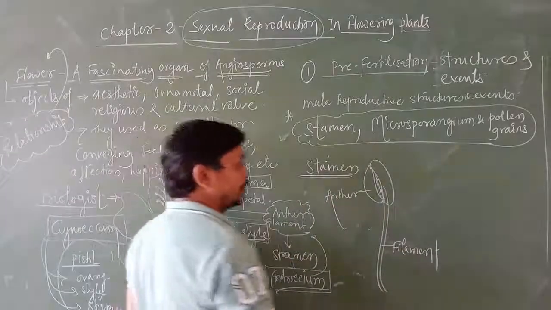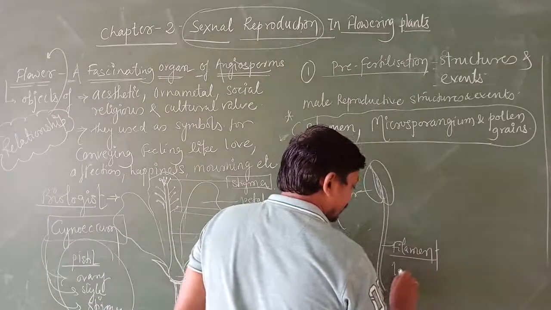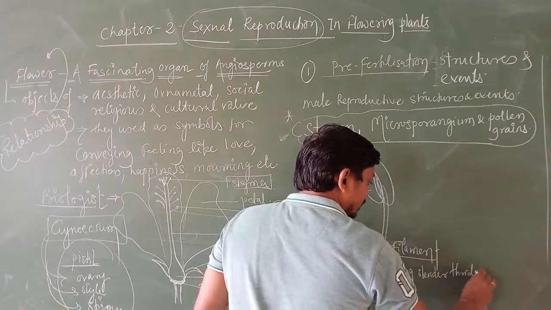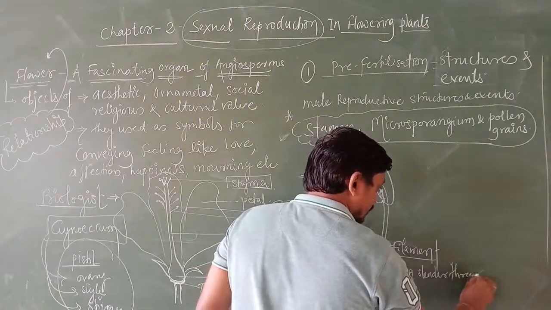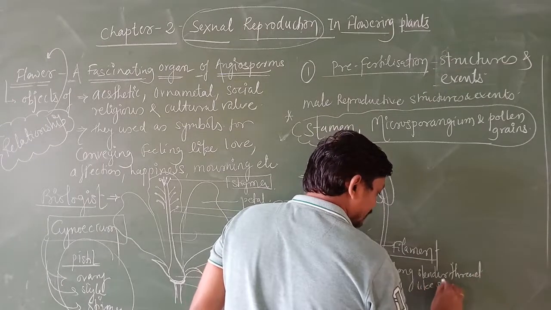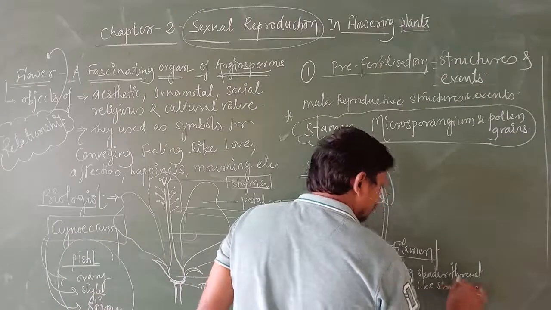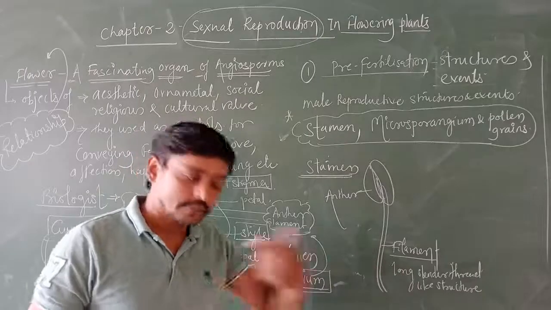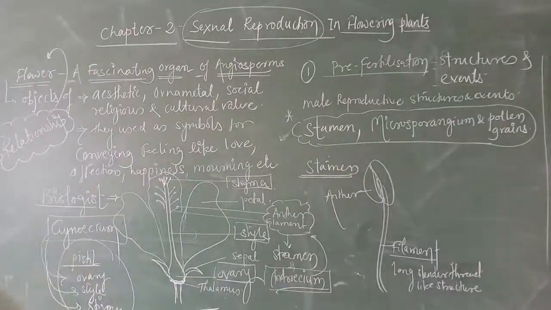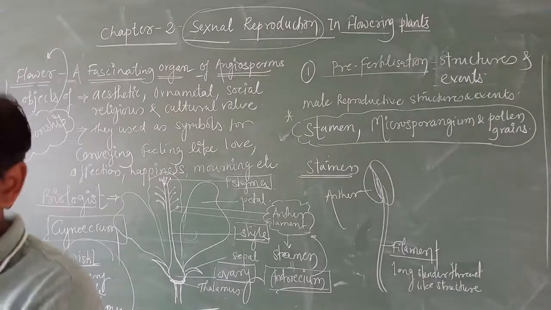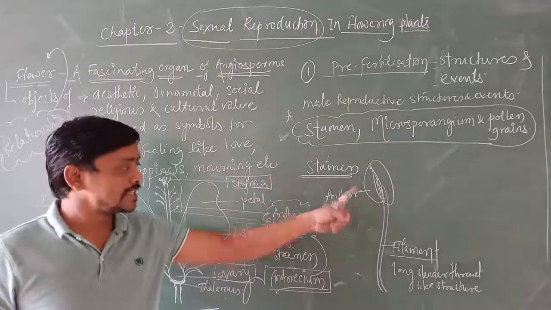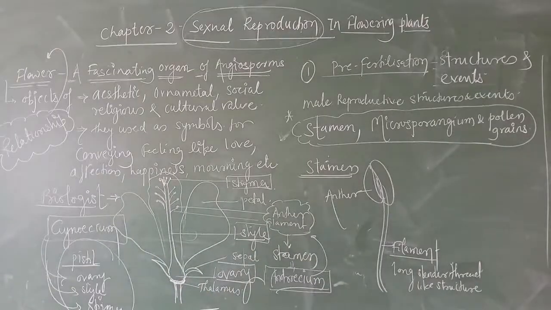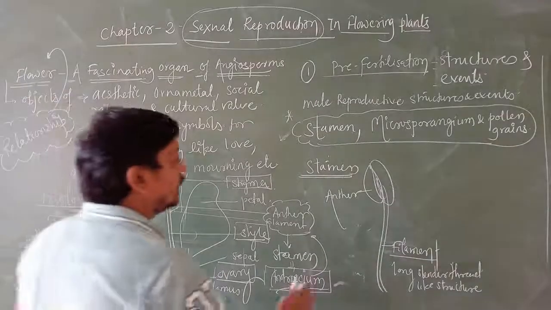So what I told you, the filament is a long, slender, thread-like structure, and this filament varies from one species of flower to another. Stamen shows two parts: one is the anther, another one is the filament. The filament is generally a long, slender structure, and the anther is generally